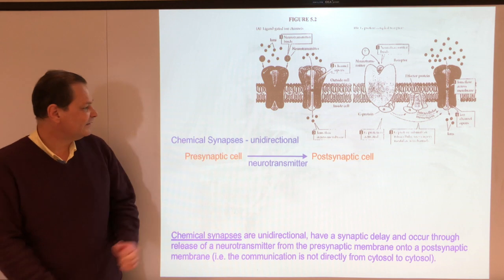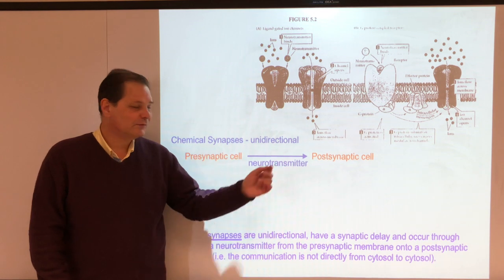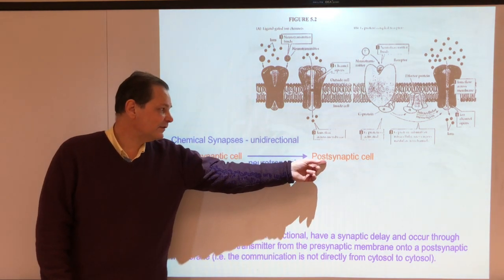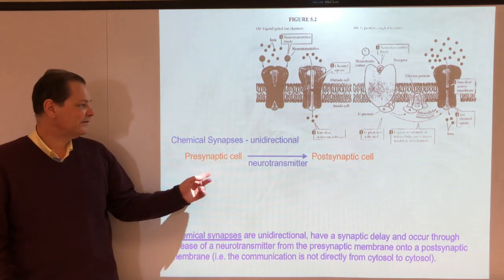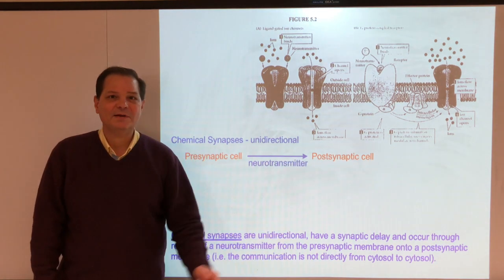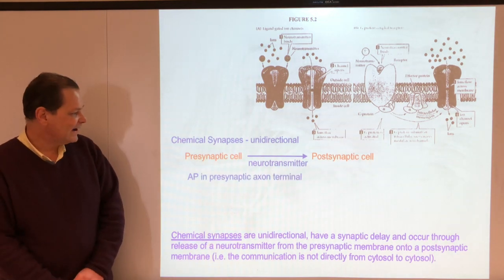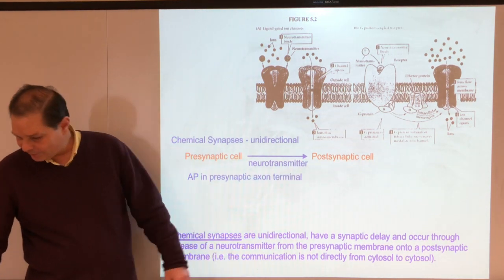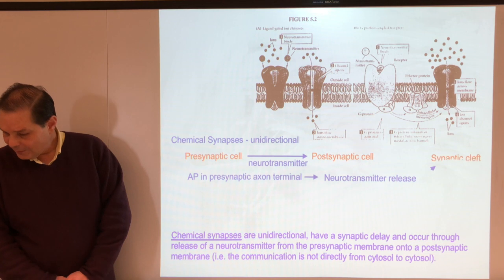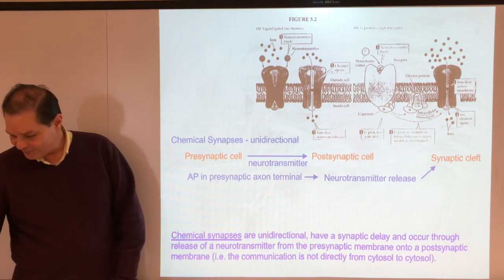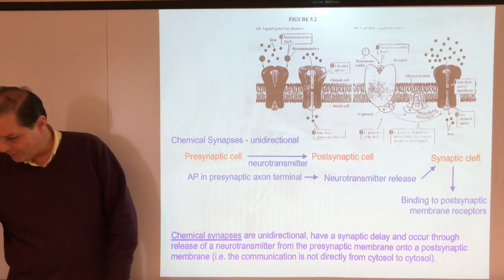Generally, you have a presynaptic cell, like a neuron, and then a neurotransmitter is released into a synaptic cleft. The neurotransmitter binds to the postsynaptic membrane, and an action potential is generated. This is unidirectional, presynaptic to postsynaptic. It doesn't go the other way. Typically you'll have an action potential in the presynaptic axon terminal that will result in neurotransmitter release. That neurotransmitter goes into the synaptic cleft, which is a very narrow space in between the two cells. You'll get binding to the postsynaptic membrane receptors,